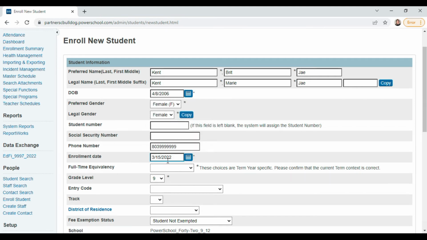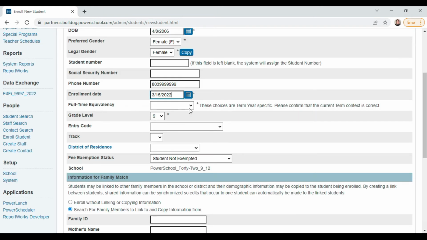Again, notice that my year says 2022. If that's correct, we'll leave it. We'll just pretend that that is correct. And again, it's really important that I get the enrollment date right, because if I use a date before or after Britt is actually beginning class, I'm going to mess up Britt's average daily attendance and average daily membership numbers.